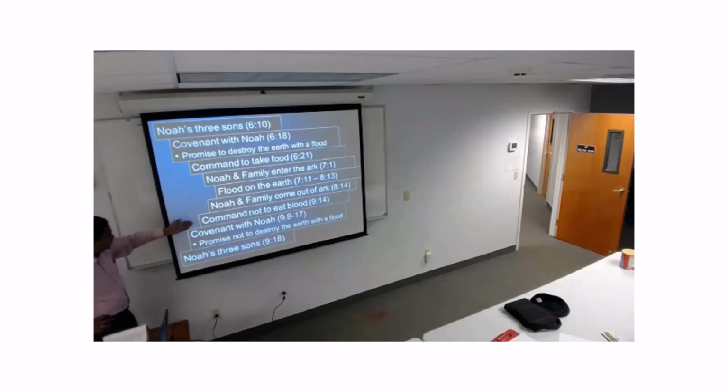And then just as the covenant with Noah in the beginning was about the judgment that is to come and the provision to rescue him, there is also the covenant of Noah in chapter 9 where you have the rainbow, where God promises not to destroy the earth with a flood. And so there will no longer be a universal flood, but there will be a judgment that comes again. In fact, Noah is a sign of the judgment that is to come at the end. And this time it will be the fire.